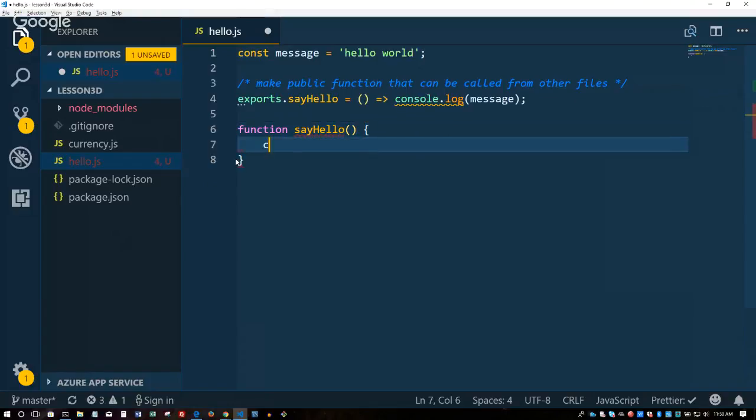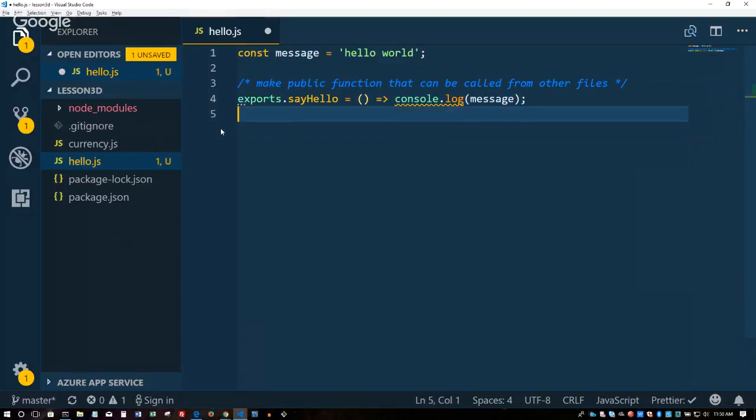I'm just reminding myself. So this part right here is equivalent to this right here. That's all it is. So this is the new ES6 way of writing functions. So we just created a module in essence. Okay, this could be the same kind of module that you see on the npm.js website that someone could download through npm install, and then they'd say require your module, and then they could use it.